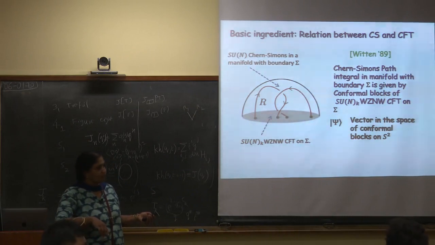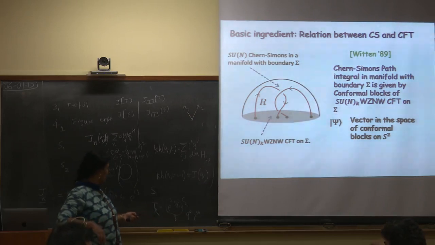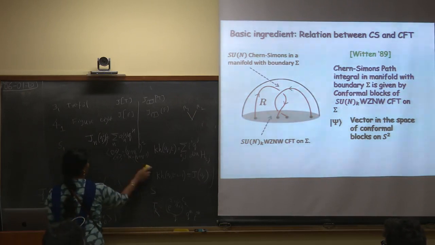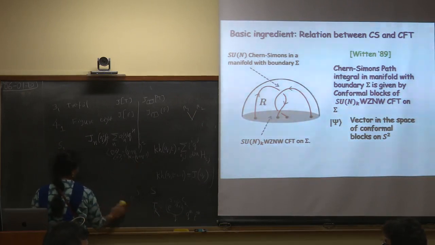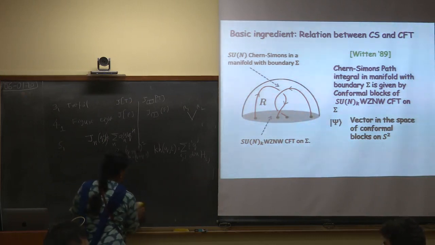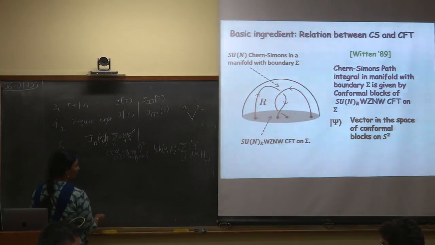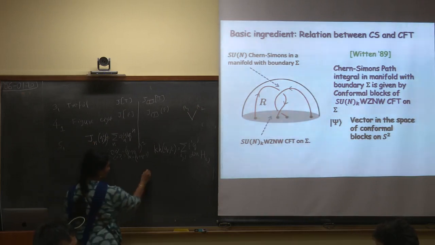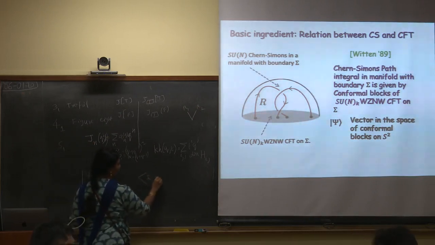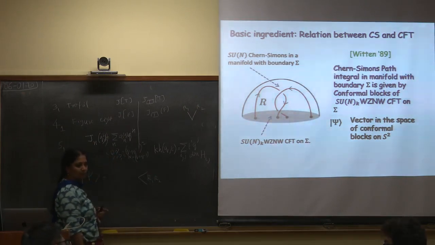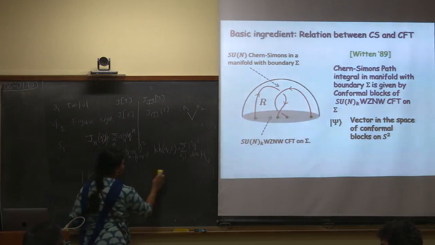Let's say in this Hilbert space there are these points which are intersecting. Give them coordinates z1, z2 and so on. If you consider a correlation function with that number of insertions, there will be different channels, some number of conformal blocks. The number of conformal blocks will be the same as the number of independent wave functions that you get. And if you choose a basis of these channels, then there is a one-to-one mapping to a basis of wave functions.